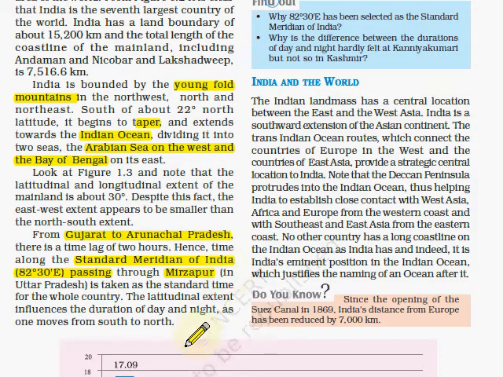Here they have also given that the longitudinal extent influences the duration of day and night. For example, our country has only one timeline. But if you take bigger countries like the USA, there are 6 to 7 timelines. It shows that if you move from one place to another and it is differently situated from the standard meridian line, then the time also changes.